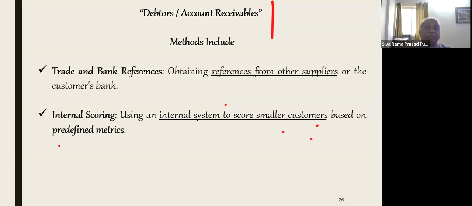And if you mention the details in the information memorandum, then the prospective resolution applicant will take that particular information, including how many types of people are going to purchase this product. That information is also available to the prospective resolution applicant. Not only that, he has to give some weightage.